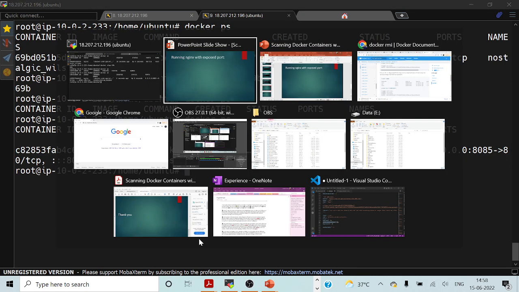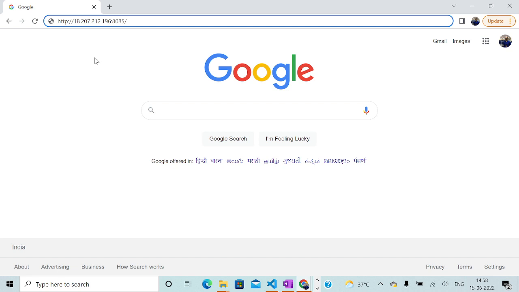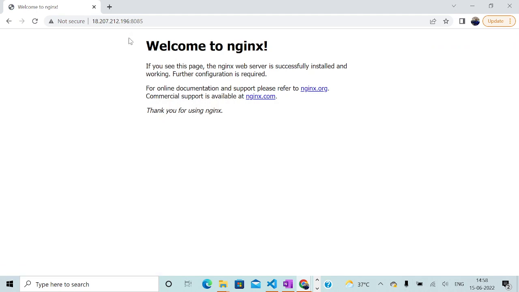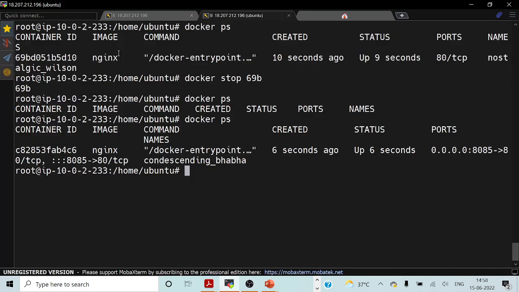So I will switch to my browser. My local host public IP address is this one, 18.2.7. You can see I'm using an EC2 instance, and if I try to reach this server, you can see that I am able to establish a connection on this port using my browser. So if I go back to my terminal once again,